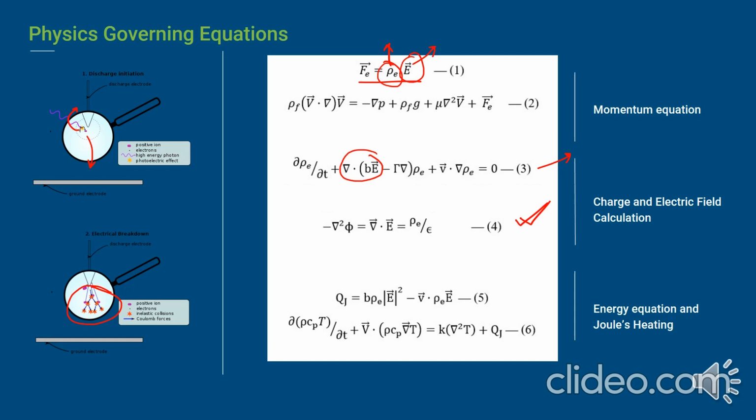Next, since we are solving a thermoelectric problem, we also need to solve the energy equation. And when all of this avalanche breakdown happens, a certain amount of heat is generated in our domain, and we can calculate the amount of heat generated using a volumetric heat generation term, which is called the Joule heating term, and it is given by this expression. And we can add it as a source term in our energy equation.